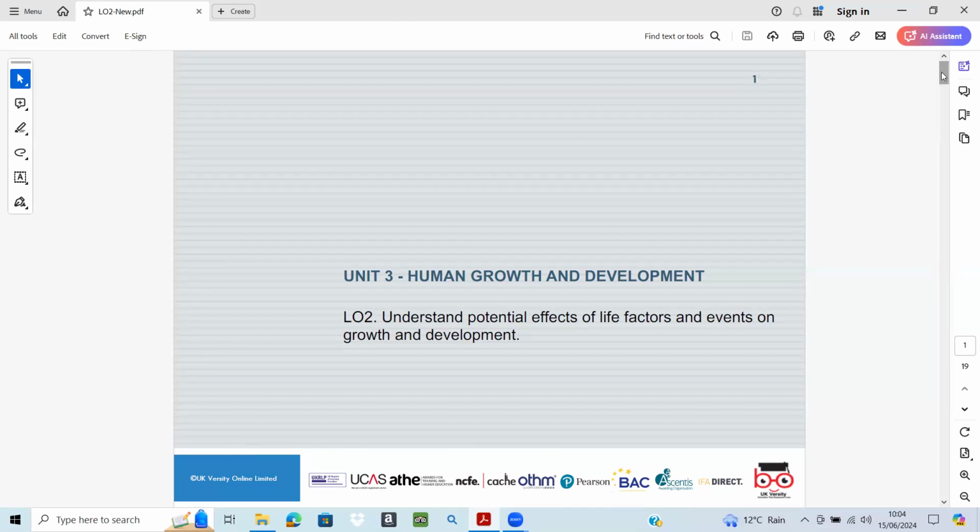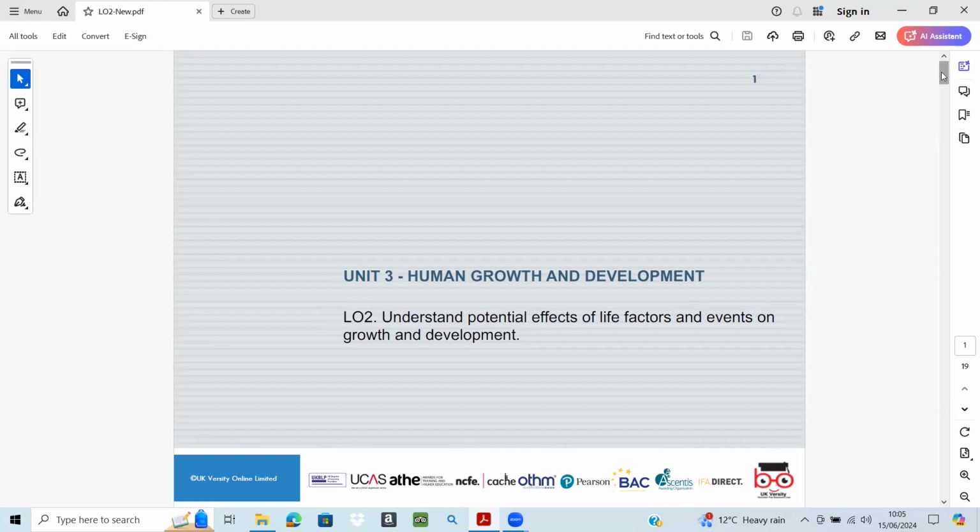So if we talk about the genetic factors, genetic factors are inherited from our parents and play a crucial role in determining who we are biologically. And genes influence various aspects of growth such as height, weight, and some health conditions as well. A common genetic factor is inherited potential for height. If both parents are tall, there is a higher likelihood that their children will also be taller than average. Similarly, conditions like cystic fibrosis or sickle cell anemia are inherited genetically and can impact growth and development.